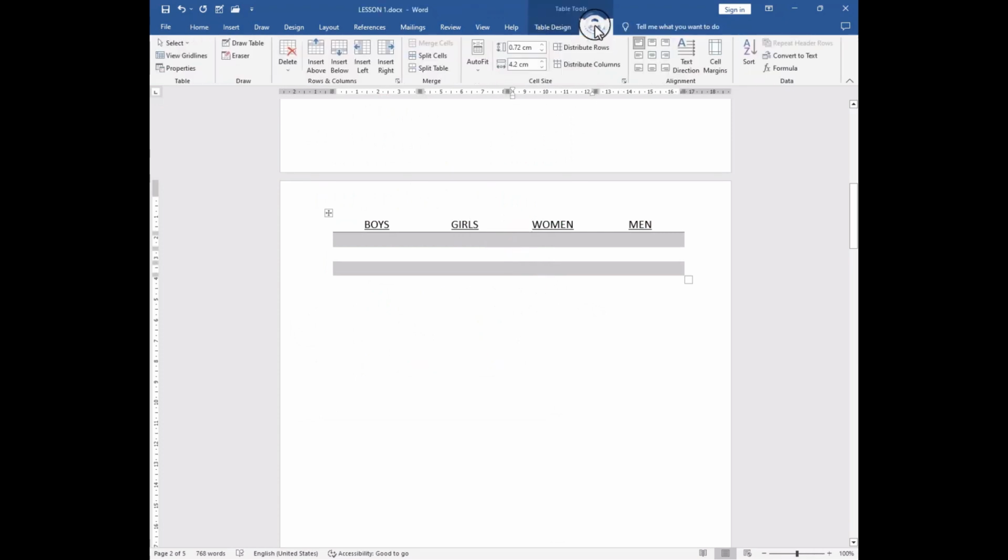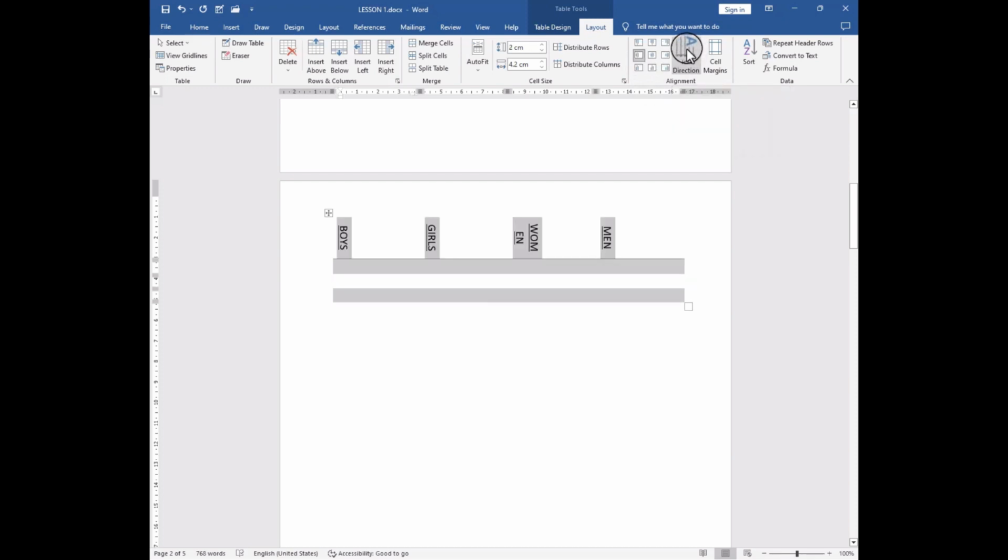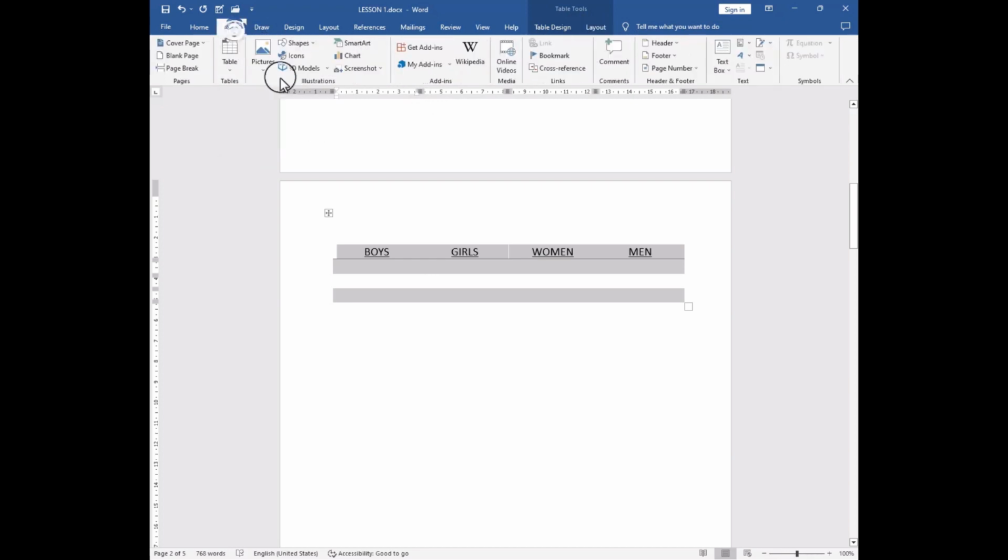Okay, now the layout tool talks about how you place your text. For instance, if you want to align your text to the left, align to the center, align to the right, then to the bottom, centered, or anywhere. And then the text direction too, it allows you to direct your text horizontally, in the flip form, or anything. All right, so that is briefly what the table design layout is about. We'll go deeper into it. Great. So that is for the tables